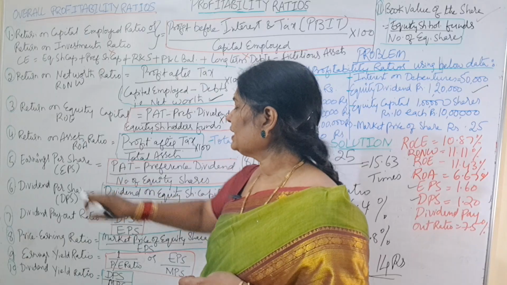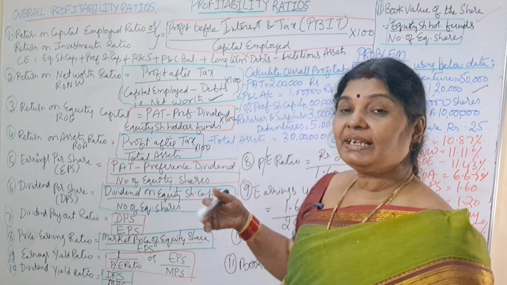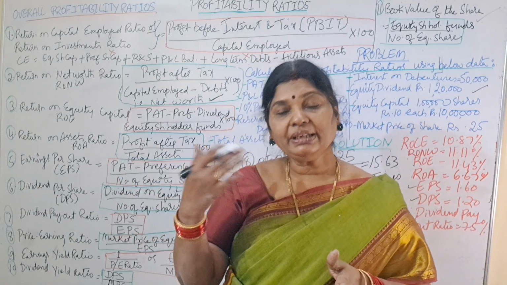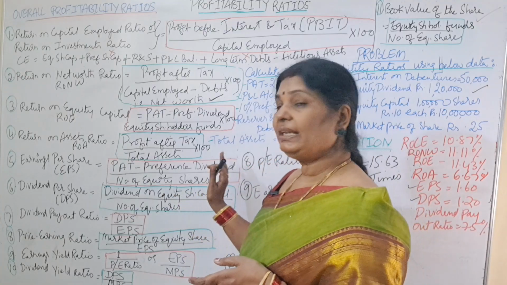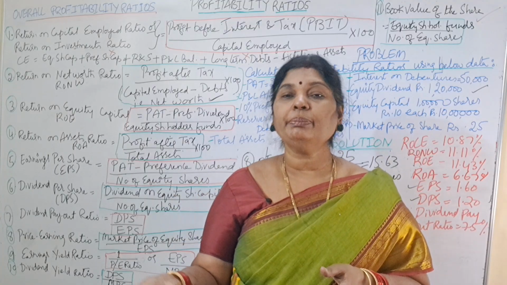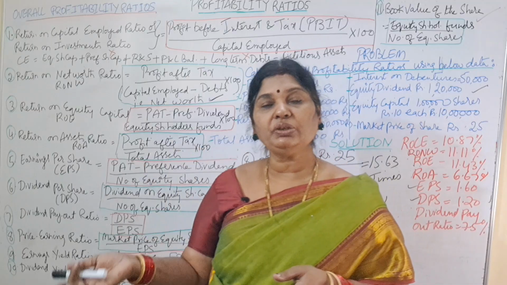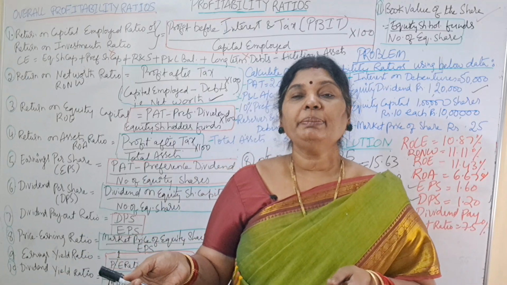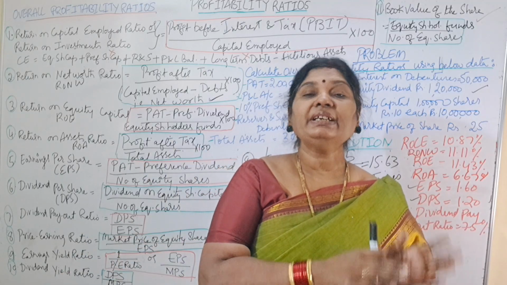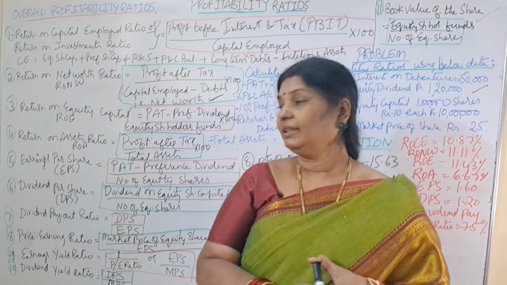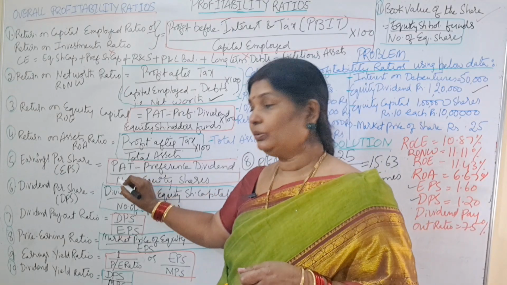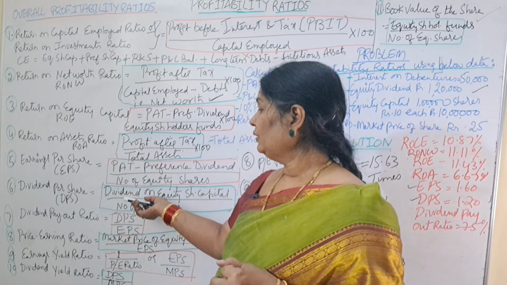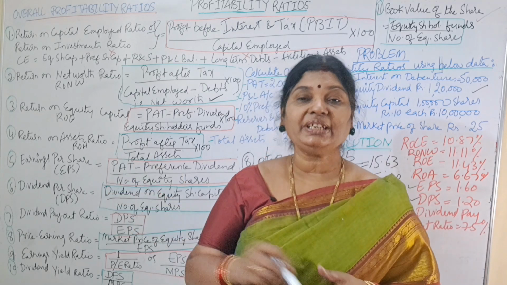And coming to earnings per share, the earning we have made on each share is our earnings per share. Based on the earnings, the company will decide how much dividend is to be given to the equity shareholders, based on their retained earnings additions. So here we have come to know the earnings per share value, and in this formula we calculated dividend per share.